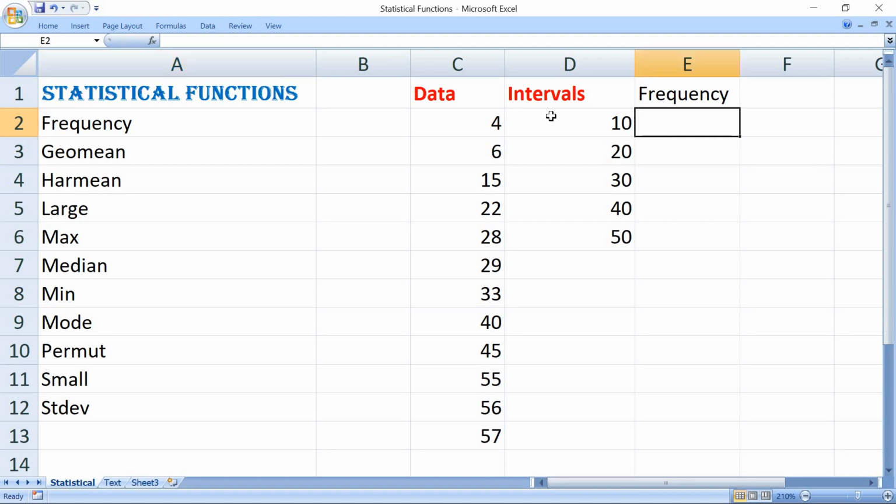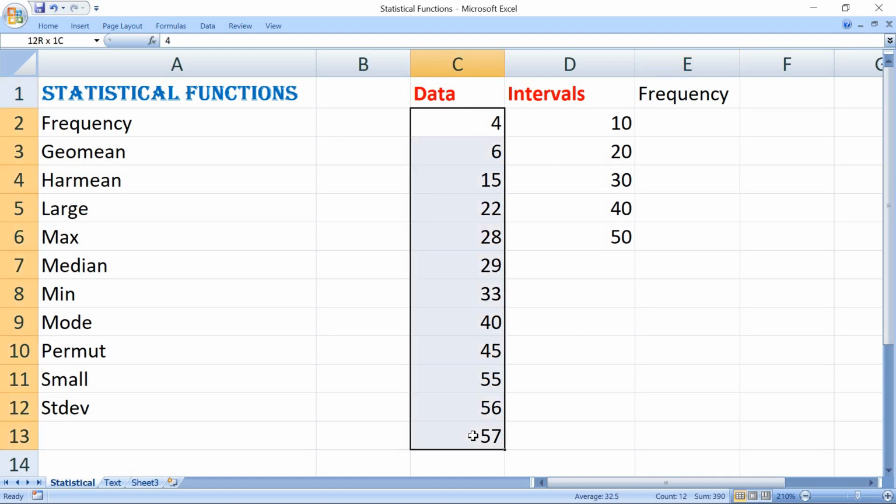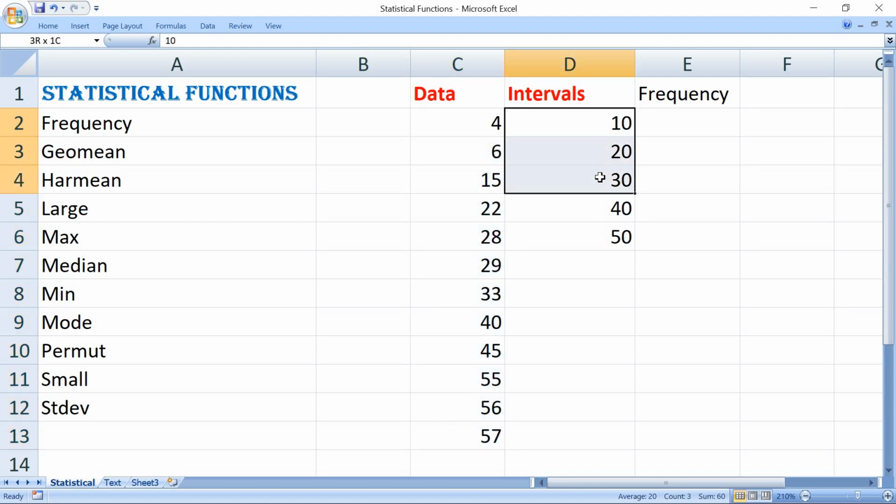Let's see the example here. There are 2 different columns. The first column, data, where we have the list of random numbers. In the other column, D column, we have the range or intervals, that is 10 to 50 is taken. We have to find out how many numbers will fall under the category 0 to 10.